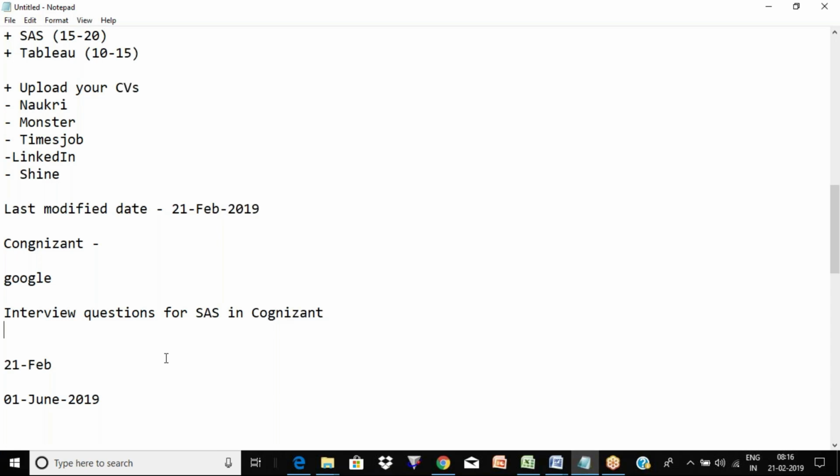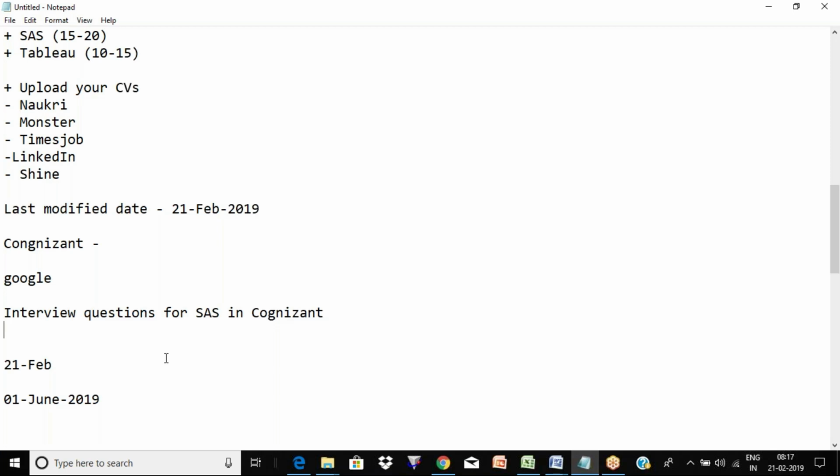They would say, given these two tables, what is the approach you will take to join those two tables? So you would say, first I will sort those two data sets. I will write a data step using a merge statement and try to merge on the basis of the common column. When you say this, they will judge. Those people are very smart. They will judge, okay, this person knows.